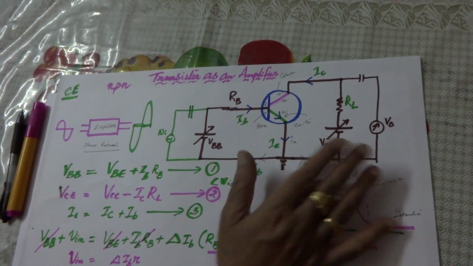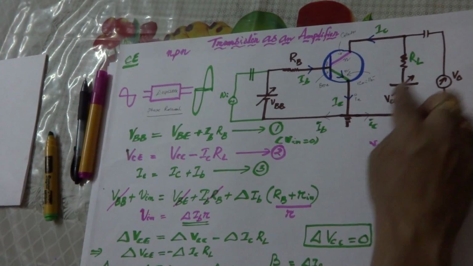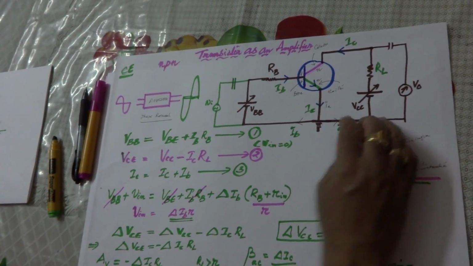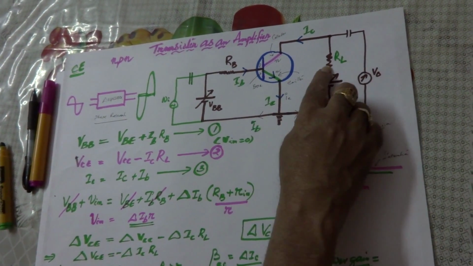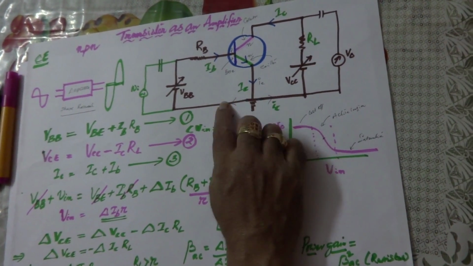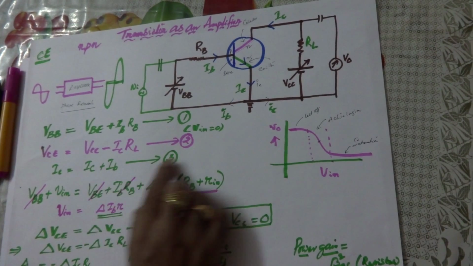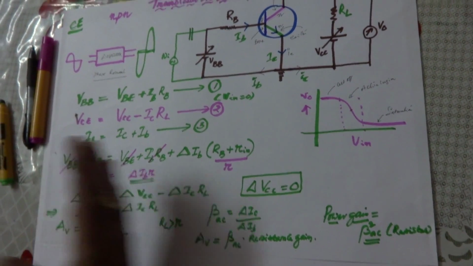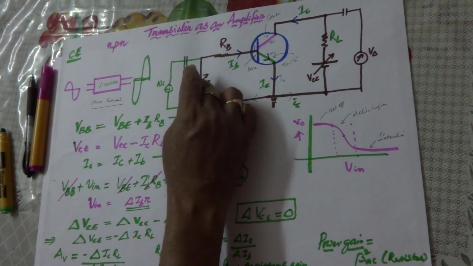Next you have to write three equations. VBB, that is for input, equals VBE plus IBRB, and then for output VCC is equal to VCE, the voltage between the collector and emitter, plus the potential drop across this RL. So this is the second equation to be remembered. And the third equation, we know that IE is always equal to IB plus IC. By applying the junction law at this junction, you can get this with the help of Kirchhoff's law. Now after introducing Vin, we have to find out what is the change in input, then what is the change in output. So change in input means this Vin, because this VBB is already there, we are adding one more